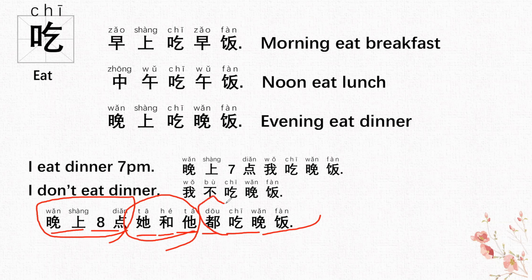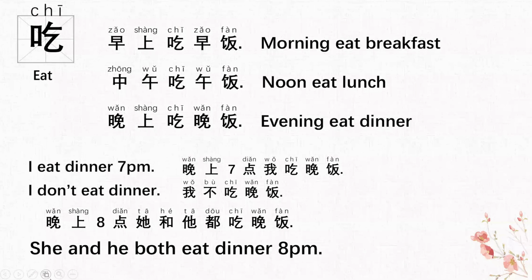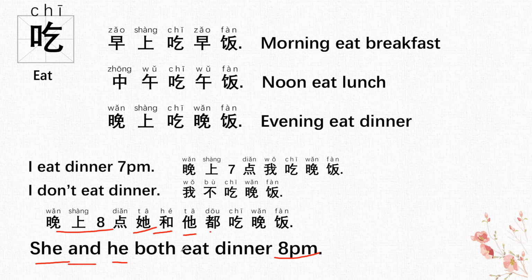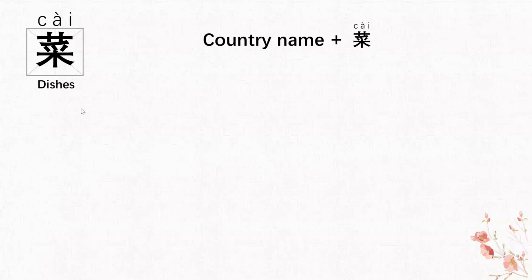They 都吃晚饭。The meaning of this one is she and he both eat dinner 8 p.m. 晚上8点。他 she 和 and 他 he both 都吃 eat dinner 晚饭。